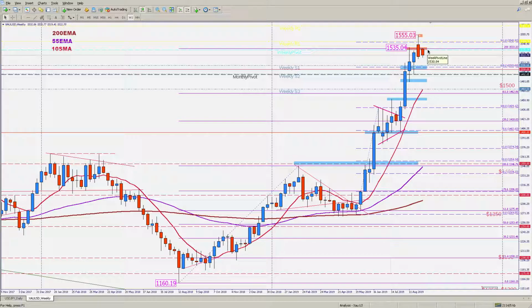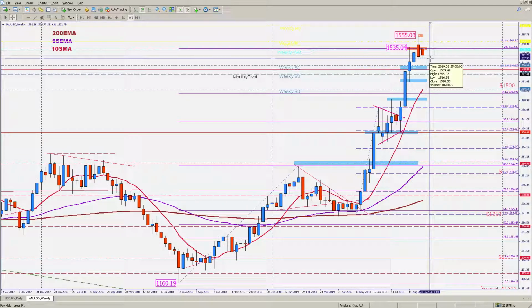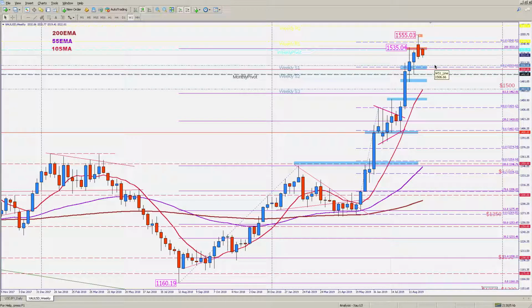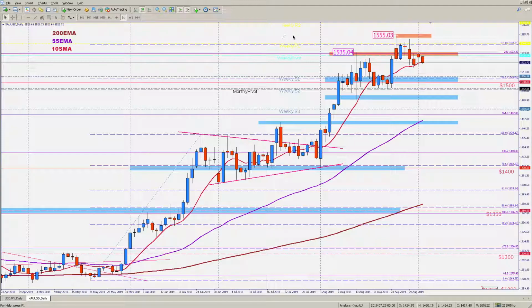So it's drifting lower already, right at the open of the previous week. So if it breaks low, then it could easily target the weekly S1 pivot right near the 138 Fibonacci level. Let's go back to the daily chart. 138 Fibonacci level of this swing move, extension bullish continuation move,